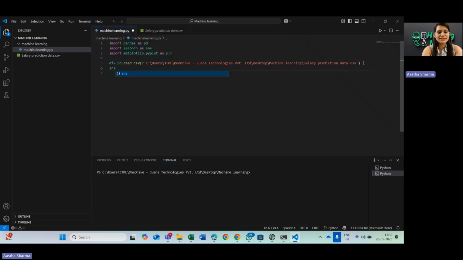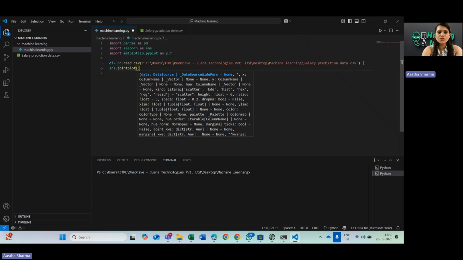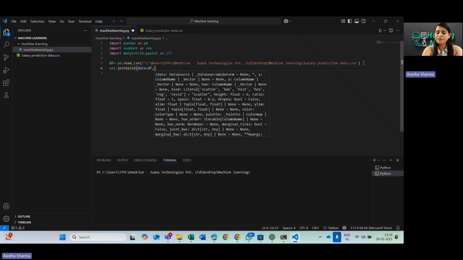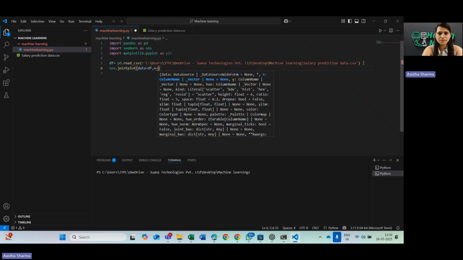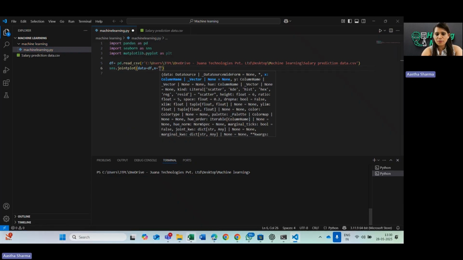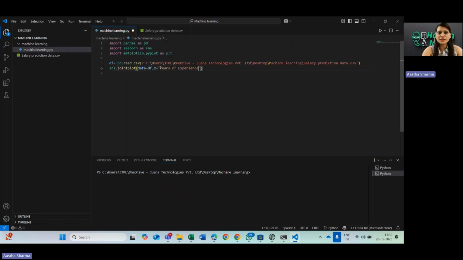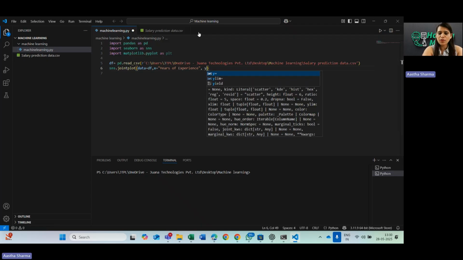For that, you are going to write sns.jointplot. And you are now going to call the data source over here, data from where you are going to put df, the data frame which we have set over here. And the value you are going to take is x equals to. Now here you need to make sure that you take the name from here and there should be no error. If there are capital letters, you have to count capital letters, because this is case sensitive. And y equals to